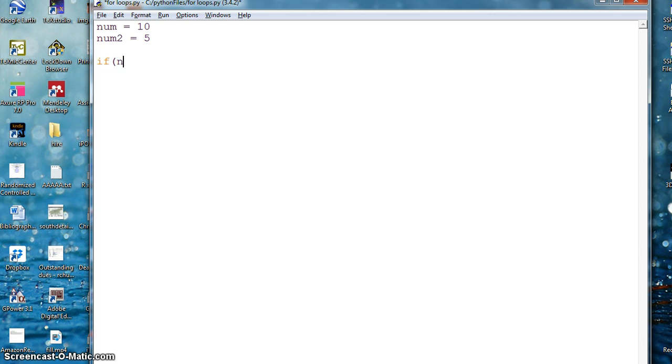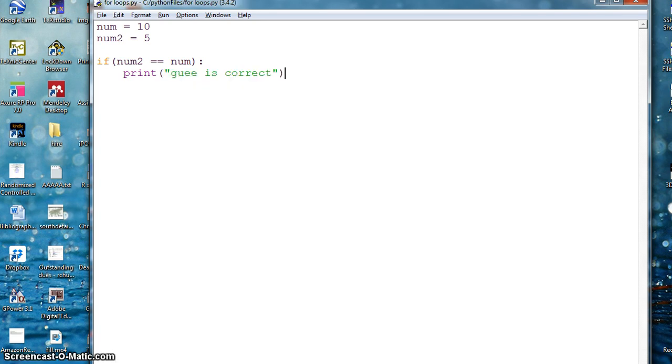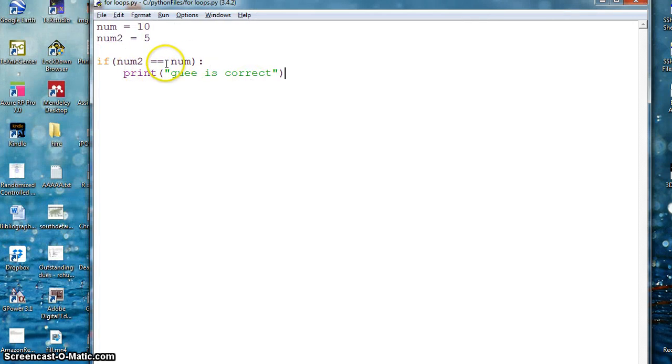If num2 is equal to num, print this is correct. If I say F5, nothing is printed because num is not equal to num2. But if I say 10 here,